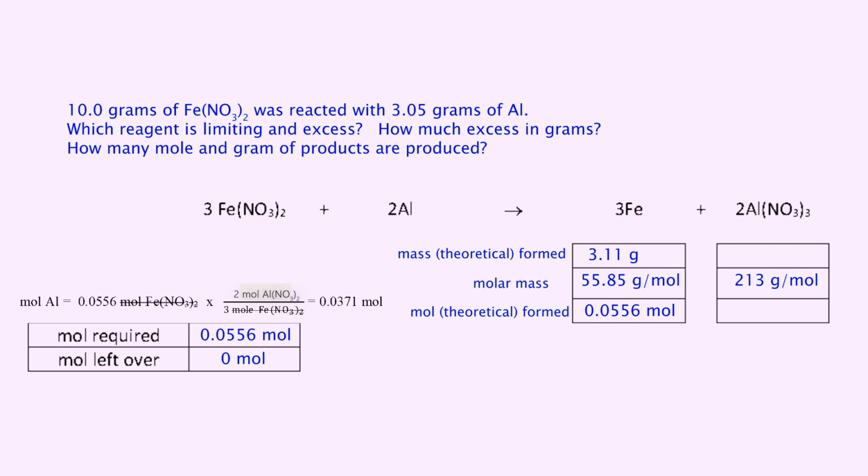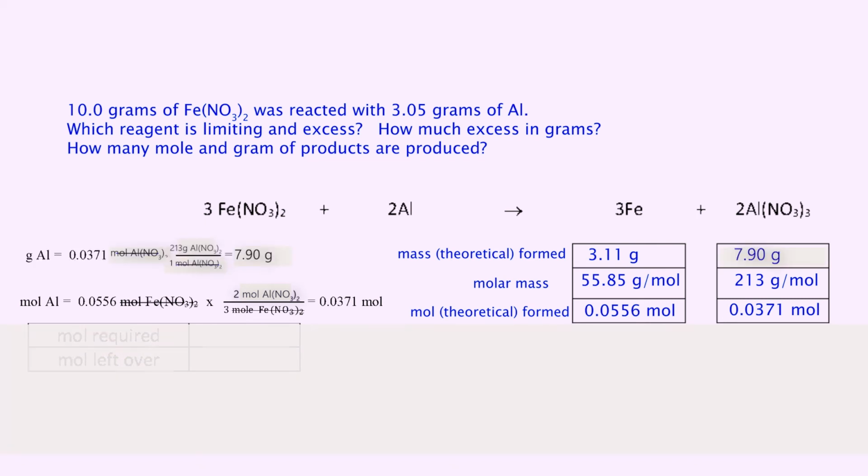This time, the stoichiometric ratio of aluminum nitrate to iron(II) nitrate is 2:3. Remember that the denominator must cancel with the unit that is being converted. Enter the data for the moles of aluminum nitrate and then the grams of aluminum nitrate. And this is how you would successfully determine these amounts using my tabular